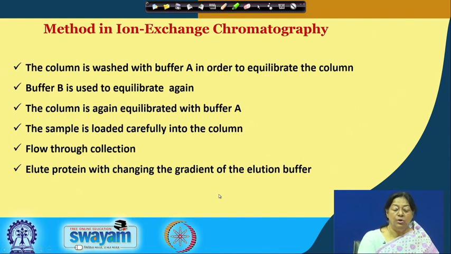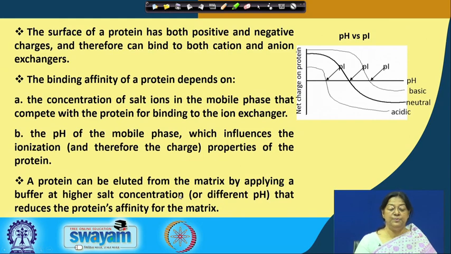So, we have the column that was washed with specific buffer to equilibrate it. Then we have another buffer to equilibrate it again. We have the sample loading. The sample loading means we have a mixture of proteins, and say if we have a positively charged protein that is going to be attracted to the negatively charged beads. So, we will have a bound protein, and we will have then elution through the use of a specific sodium